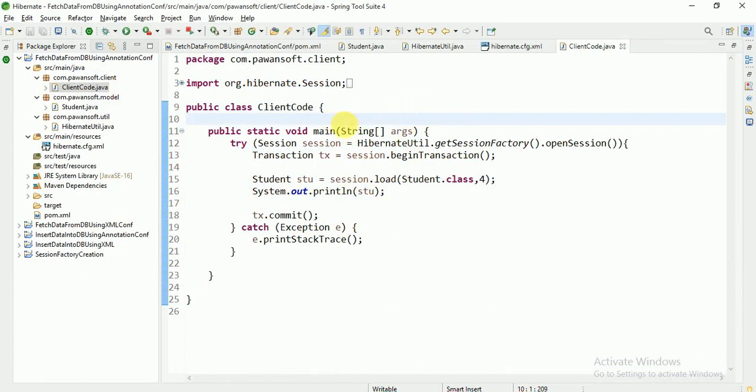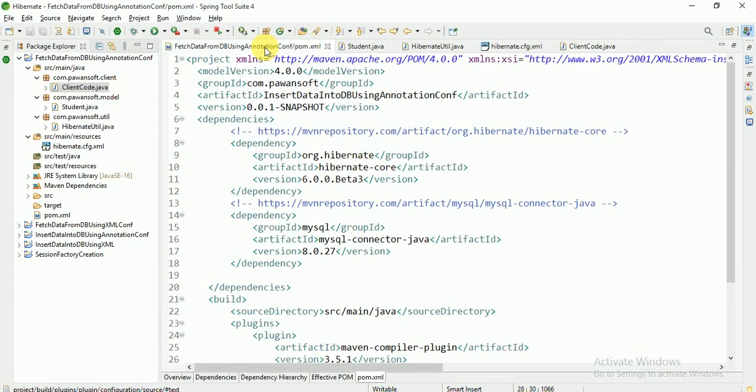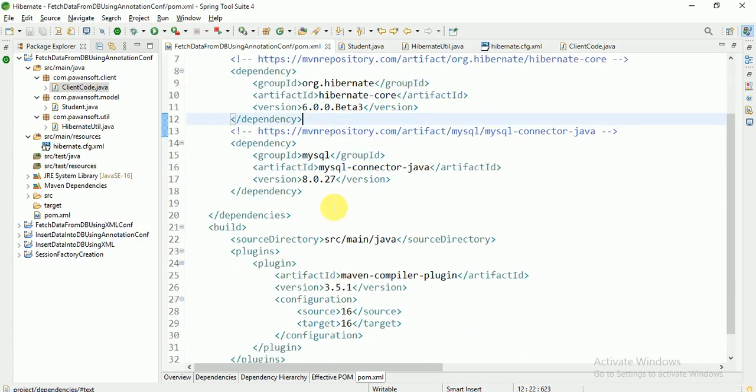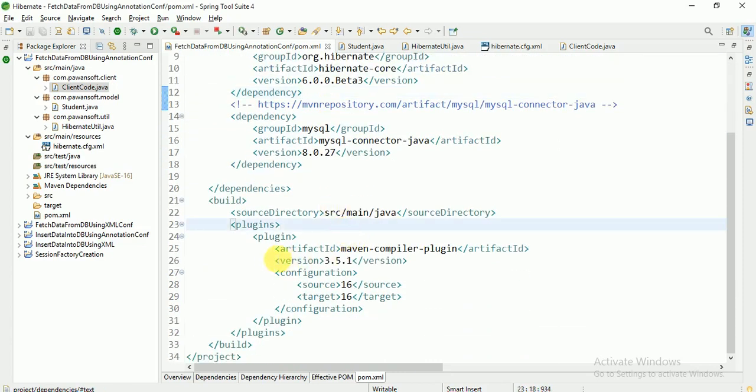So I'm summarizing once again in 2 minutes. Just update the pom.xml with the Hibernate dependency and the MySQL dependency, the Maven plugin, and the Java version you want to use. I'm currently using 16, so you can see here Java standard edition is 16.